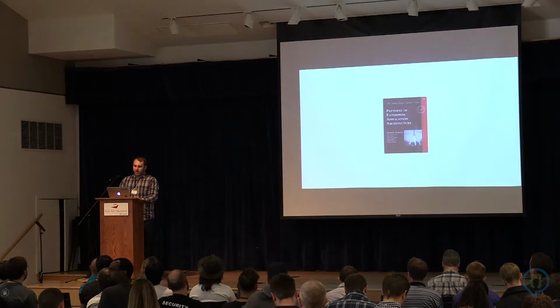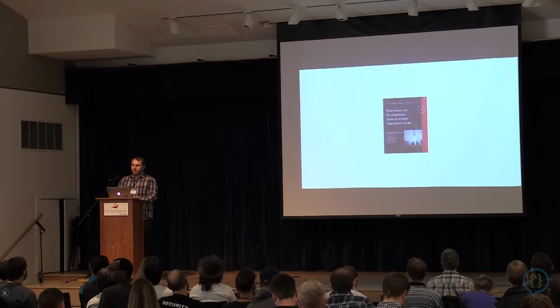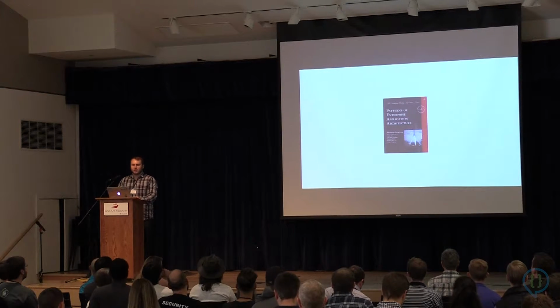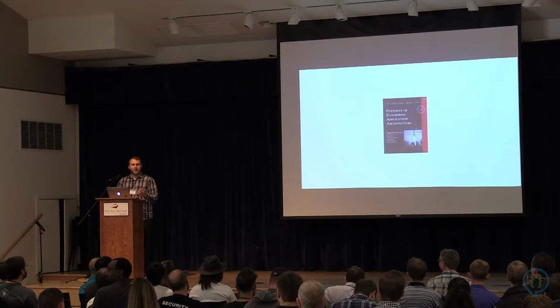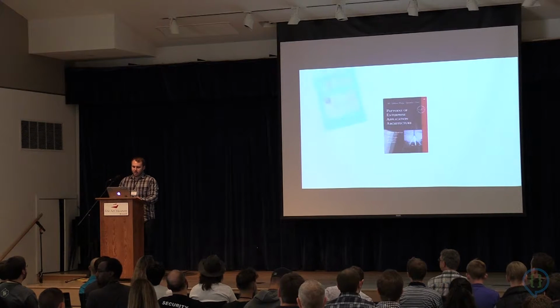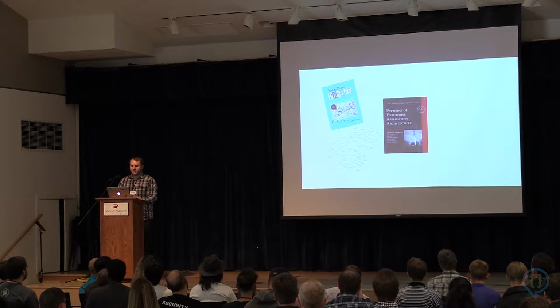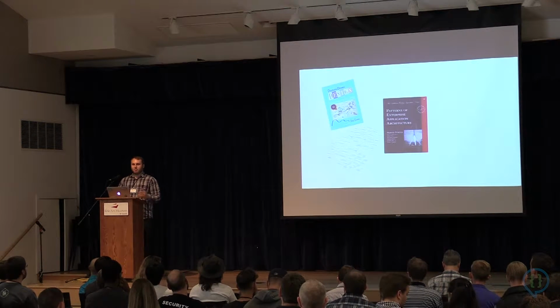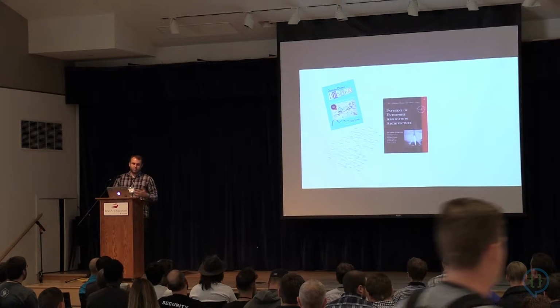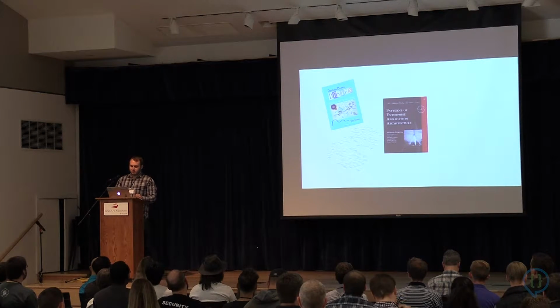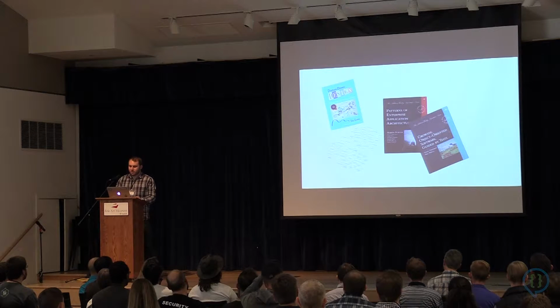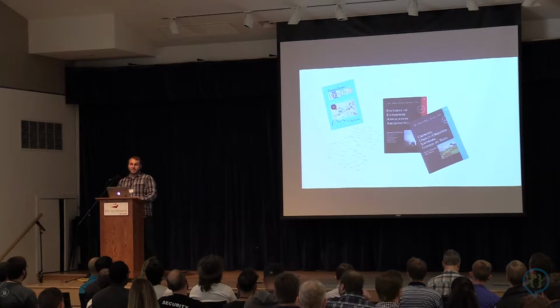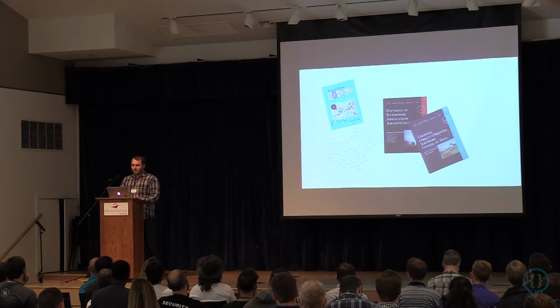And you start thinking, okay, well, Patterns of Enterprise Application Architecture by Martin Fowler. I love that book. There's a lot of cool things I want to apply from there. We've got to figure out how to incorporate some of those ideas into our application. Or maybe you're excited about domain-driven design and aggregate roots and entities and value objects, and you want to figure out ways to separate your infrastructure from your actual business logic using some of these principles. And maybe you've read Growing Object-Oriented Software, Guided by Tests, and you want to learn how to do test-driven development and Mockist TDD and apply that to your application.